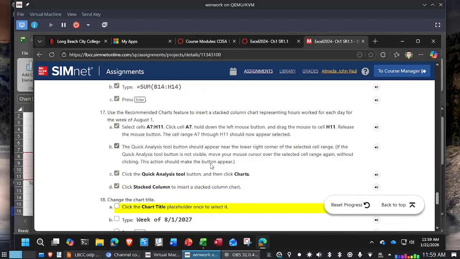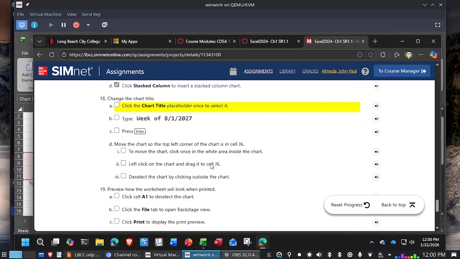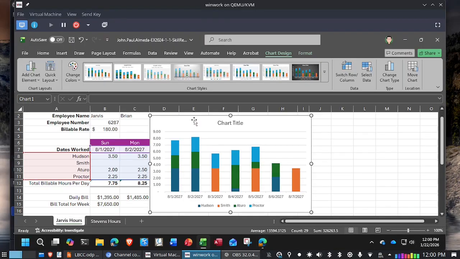In step 18, they're asking us to change the chart title. Click the chart title placeholder once to select it. Type week of 8/1/2027. So we'll click into the chart title. I'm going to triple click to replace the text and type week of